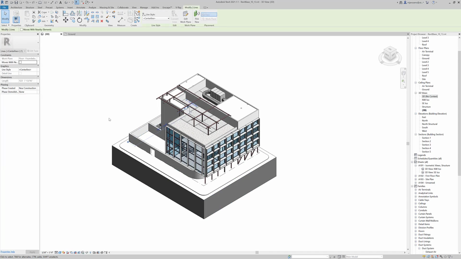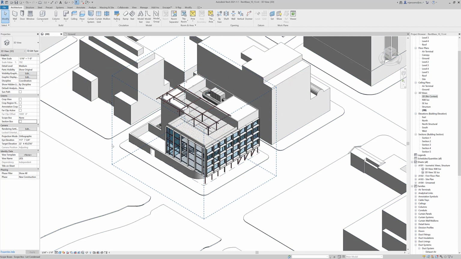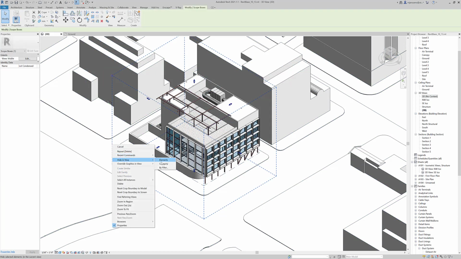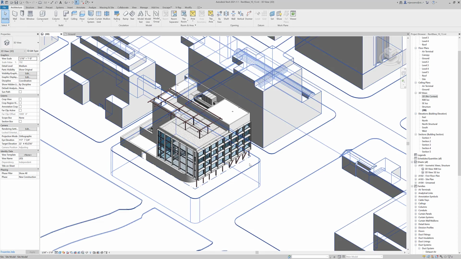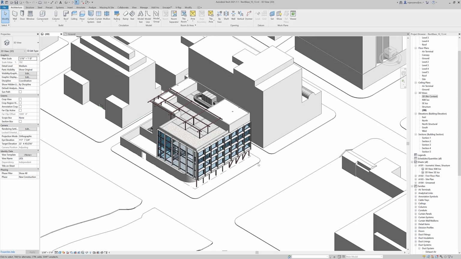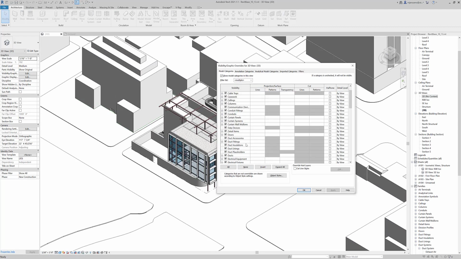So I'm going to go here to the scope box, and I'm going to turn this off, and I'm going to turn my section box off as well. We can actually hide and view this scope box as well, because we don't really need it. We do need to turn the site off, so it's kind of counterintuitive that we're turning the scope box off to turn the site off. But the scope box can affect our displaced elements,